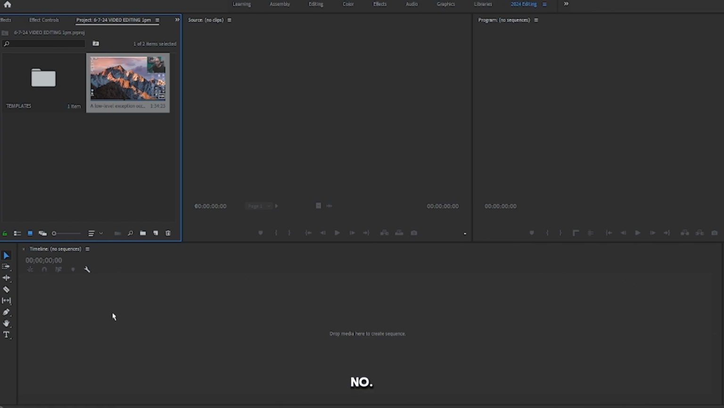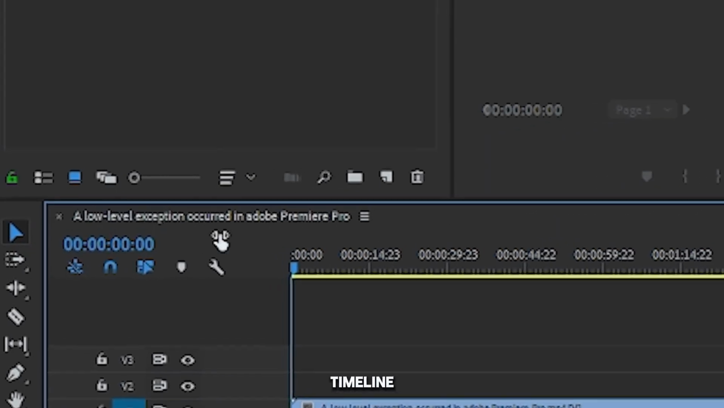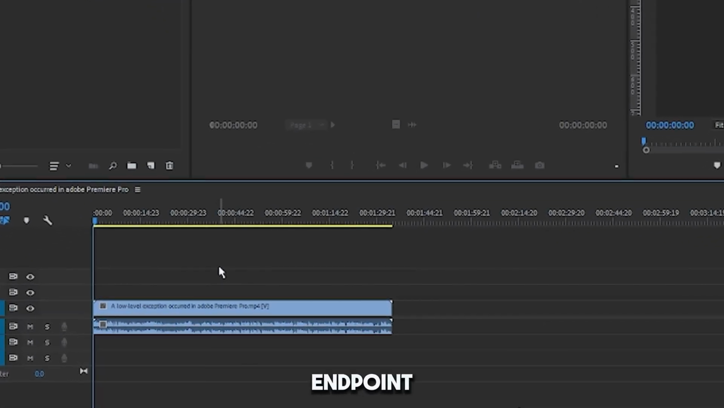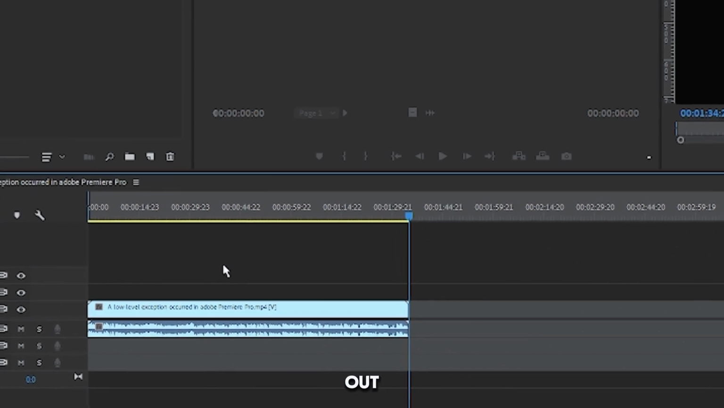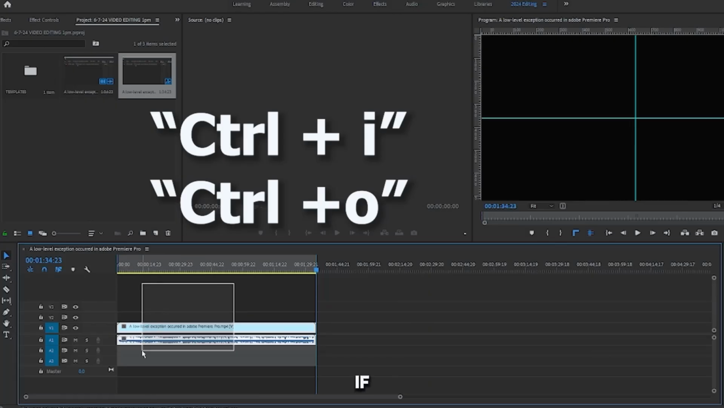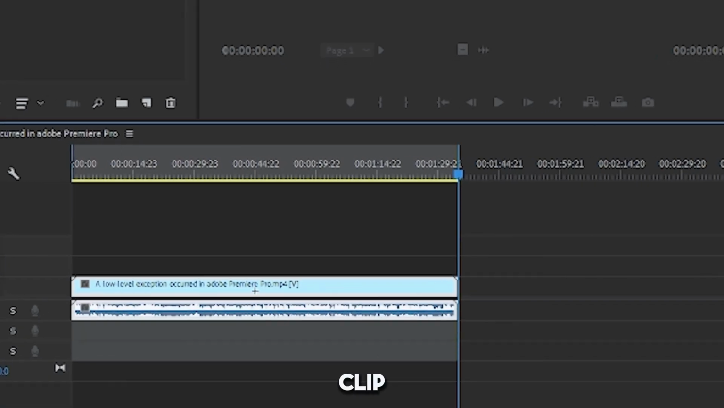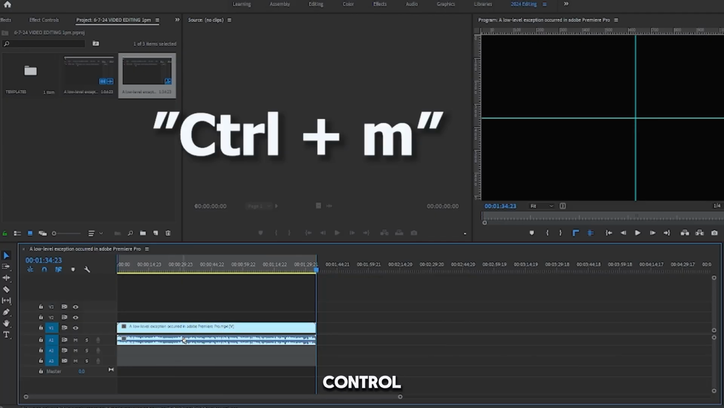Step number 2, drag it under your timeline, and then again have the in point, I, go to the out, then clip and click O. If you don't know how to do this, I'll leave screenshots here. But the next step, you don't have to highlight the clip, it's just optional, is to click Ctrl plus M,